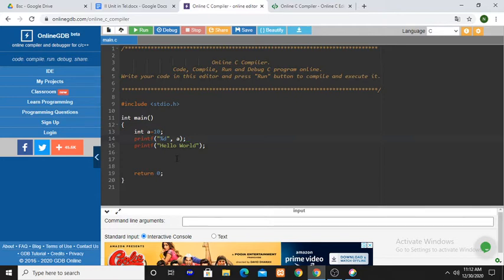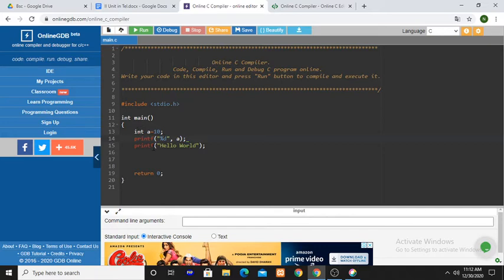Here this program contains 4 statements in the main. The first one is int a equal to 10. That is the first statement. Second statement is the printf %a. That means you are displaying the value of a. Third statement, you are displaying some text message, hello world. And fourth statement is the return 0. End of the main, return 0. It returns.